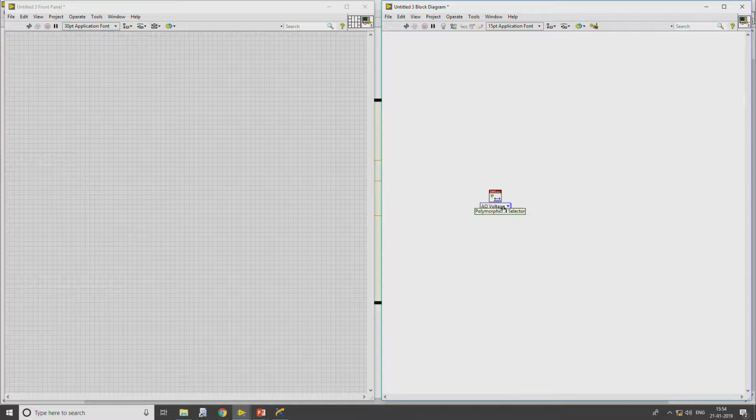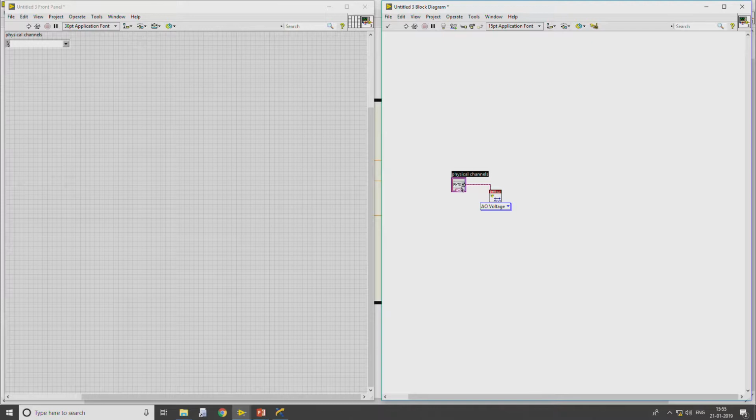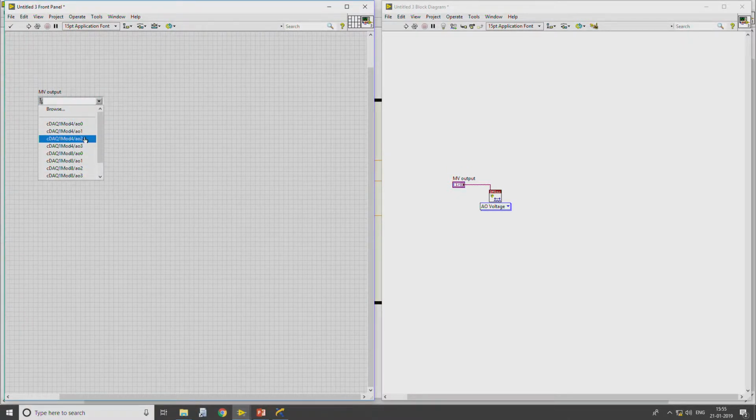Since we require an analog output voltage, which is nothing but generation, I will be creating a channel, control. This particular channel will provide the manipulated variable as output to the real world. So, from which channel do we have to provide? We can use DAV 1.